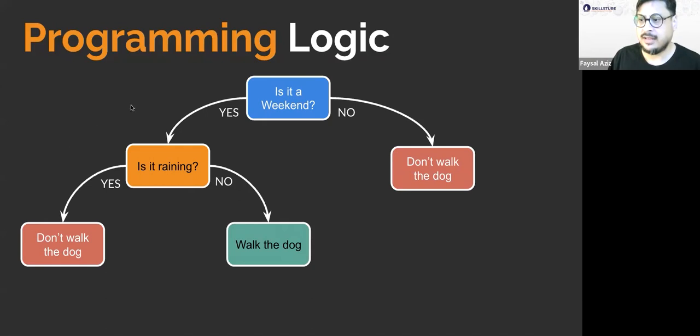So this is the basic logic, and this is called a decision tree. This is something that actually works in machine learning.